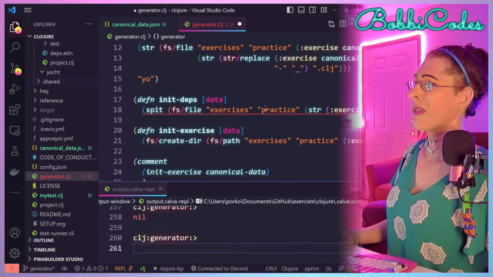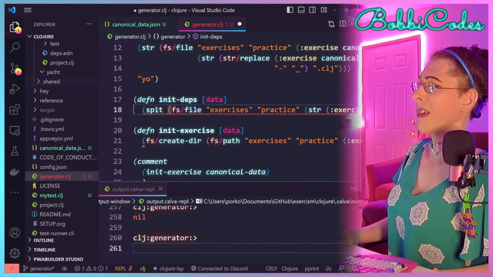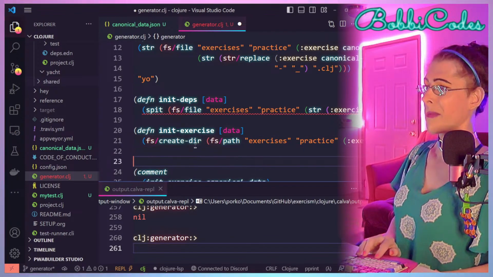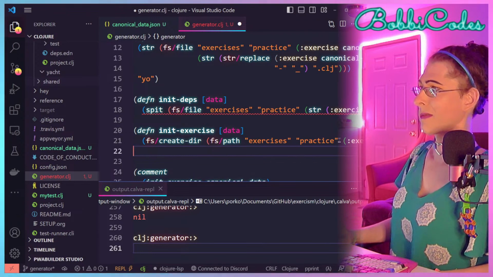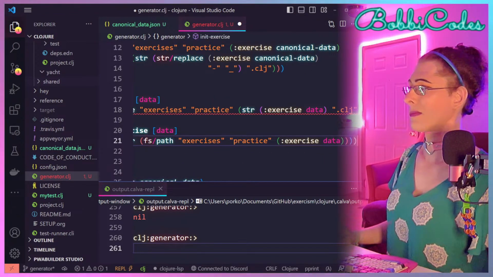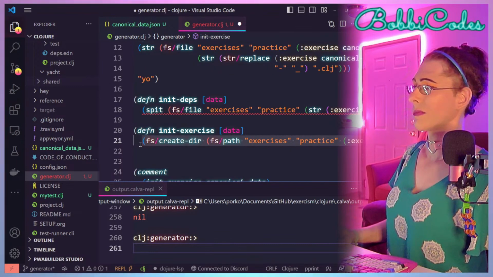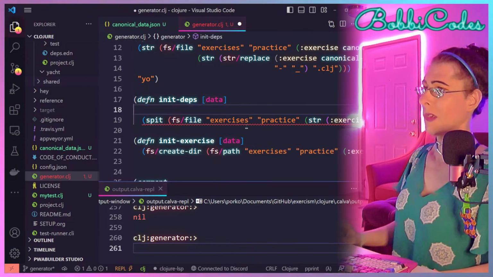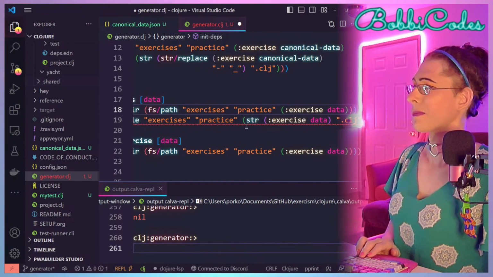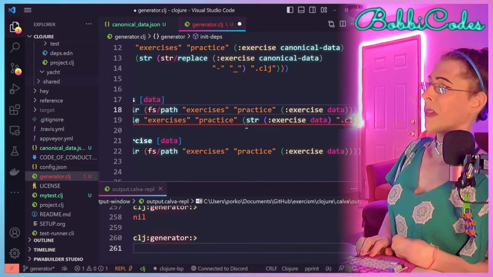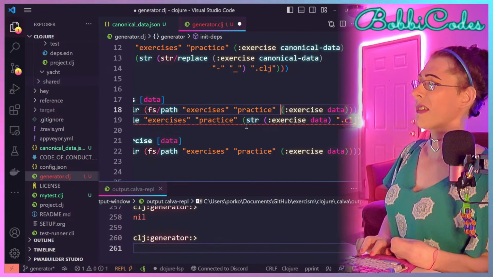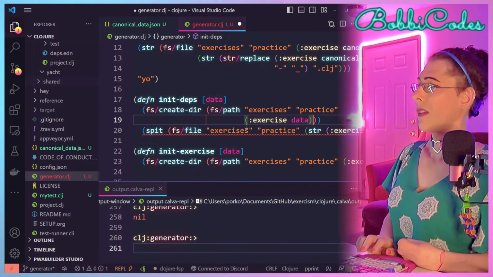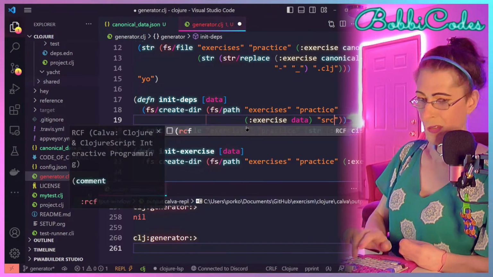So we created, yeah, here. And so we'll do something similar, actually. That can go here. And it will create exercises, practice, the exercise name, and then src.